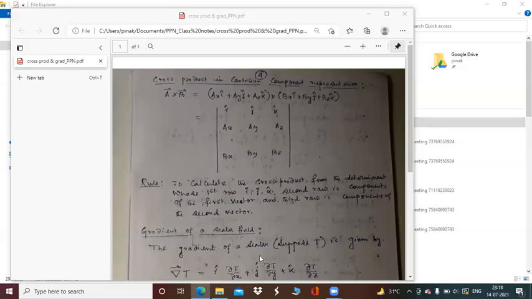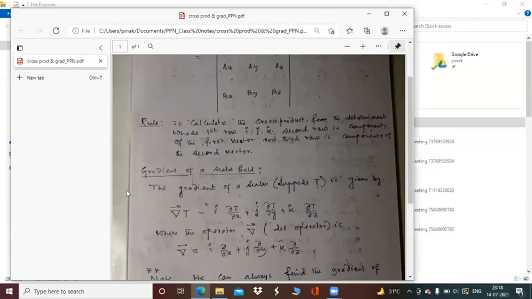The gradient of a scalar field, suppose the scalar is t here, is given by, you see on the left hand side, this symbol is actually del bar. Along with t, as a whole, it is called grad of t or grad of the scalar t. So here this del bar along with this t is actually called grad of the scalar t or simply grad of t. And this is given by i cap del t del x